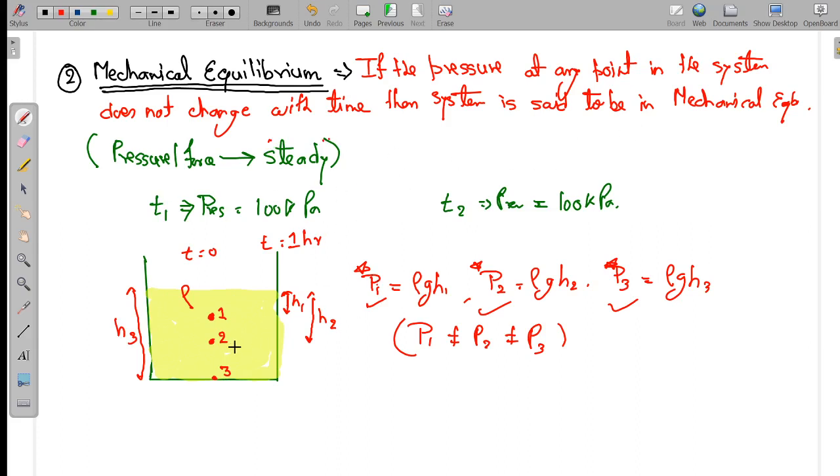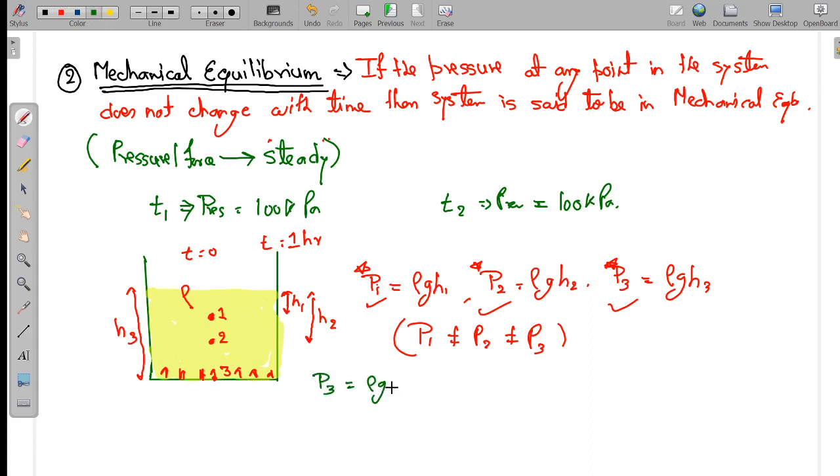Okay, so the pressure is steady, then there is a mechanical equilibrium. So how can you establish that it is in mechanical equilibrium? Mechanical equilibrium means there should be a balance in forces that you can easily find out. Why? How? I told you that here the pressure will be working upward. So at this point, what will be the pressure? I am showing you the force balance. Pressure P3, what will be the value of pressure P3?